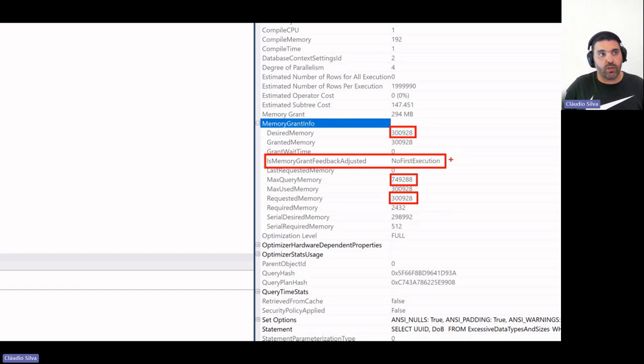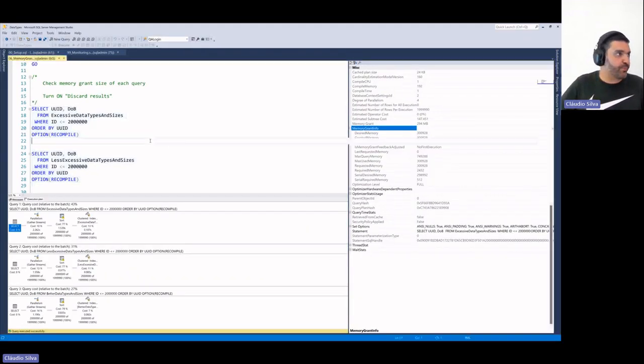Otherwise, because I'm using a developer edition, I would get the enterprise features, and after a couple of executions, the engine would say, this is an excessive memory grant, let's reduce the amount of memory needed, until you get to a stable point, and from that point on it will use that one. It's a cool feature that can help you automatically fix this memory grant issue after running a query a bunch of times.